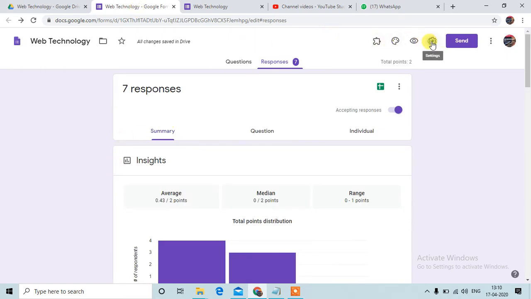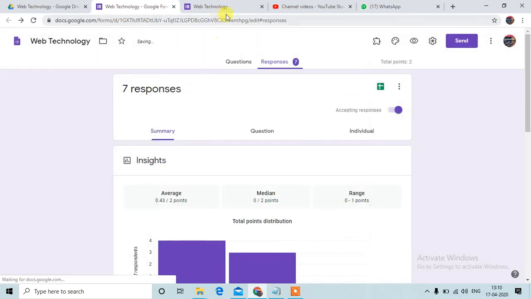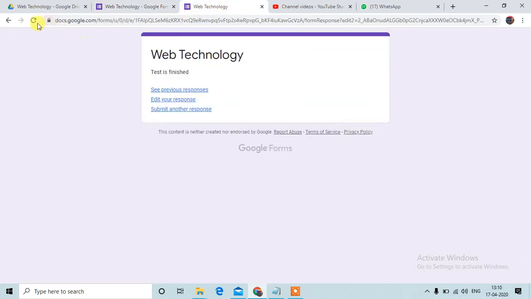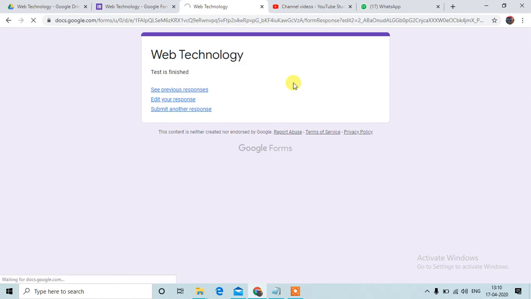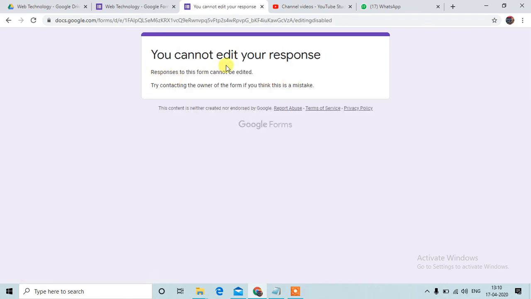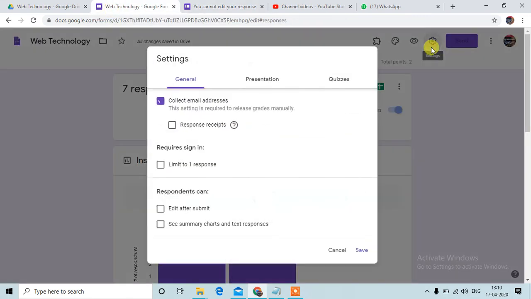You can go to settings and not allow this, or uncheck this, and save. Go refresh. You cannot edit your response, because we have disabled the edit option.